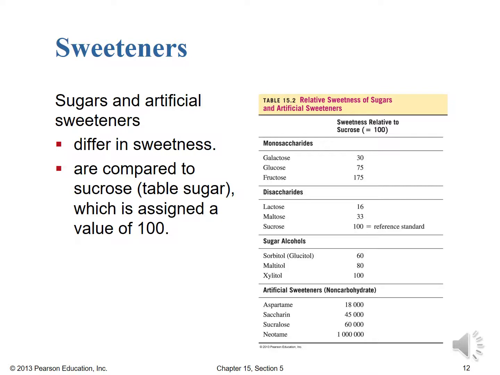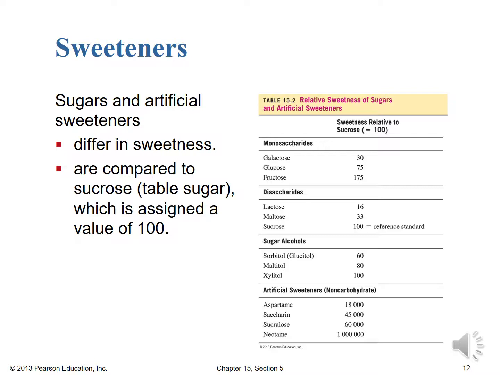Lactose is really not very sweet at all, as we see, 16. Maltose is pretty low as well at a 33, and then there we have sucrose, my favorite, the reference standard. If we look at the sugar alcohols, they're again pretty sweet. Sorbitol or glucitol, the most common one that you'll see, 60 out of 100, not too bad. Maltitol is 80, and then xylitol is just the right sweetness as sucrose, but